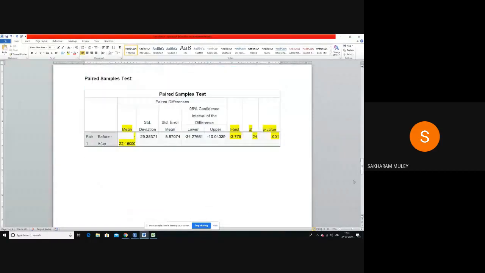H0: there is no significance of difference between average marks scored by respondents